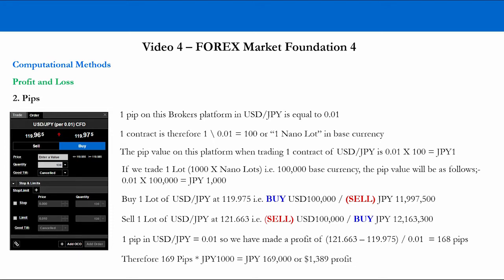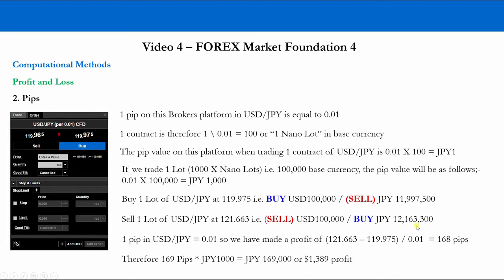So let's say we buy one lot of dollar yen at 119.975 on the platform here. So selling 11,997,500 Japanese yen, and then we trade out of this position. So we sell one lot of dollar yen at 121.663. So we sell $100,000 and buy